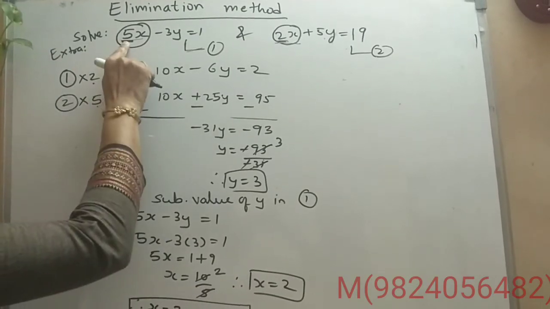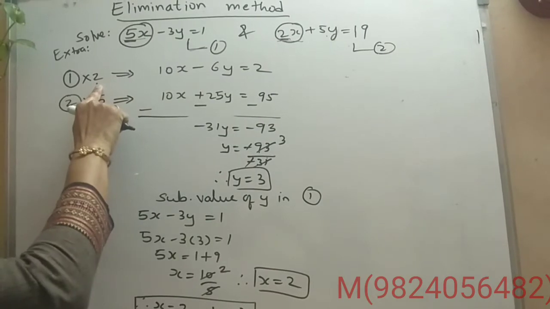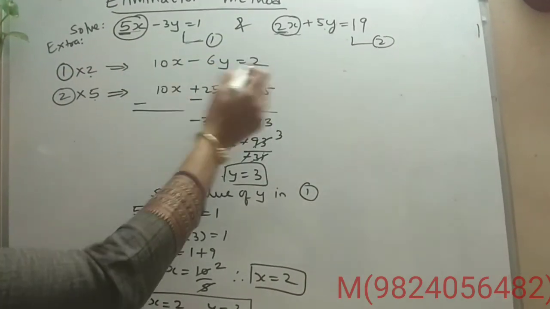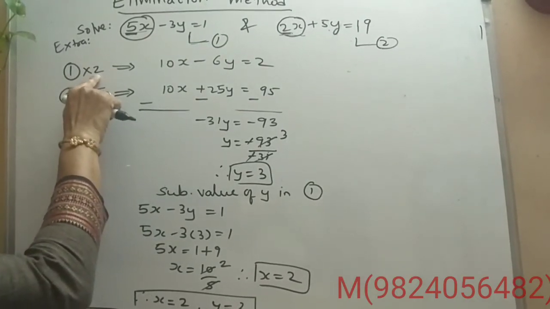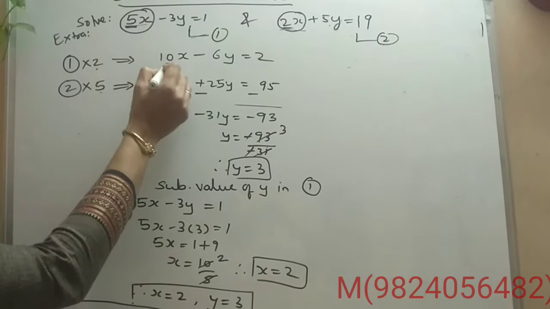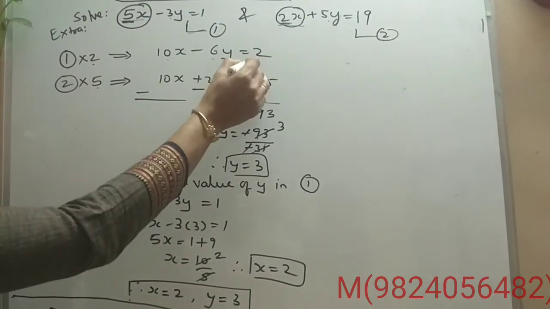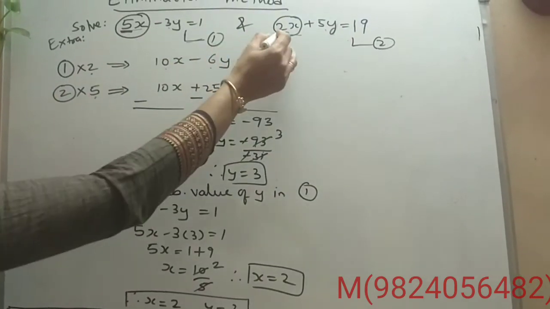So the coefficient of 1 has to be multiplied in 2, and the coefficient of 2 has to be multiplied in 1. And when you multiply, it should be multiplied to the whole equation. So the first equation should be multiplied with 2. So it will become 5 2s are 10, 3 2s are 6, 1 2s are 2. The second equation should be multiplied with 5. 10 5s are